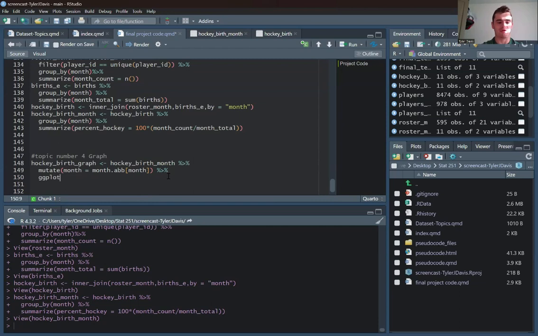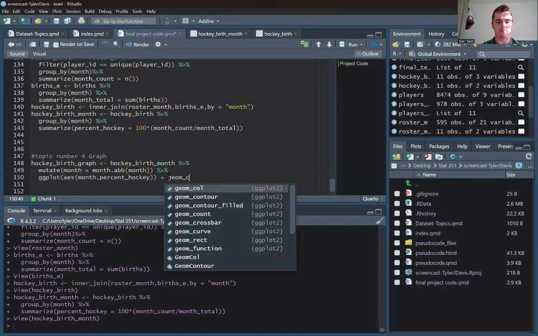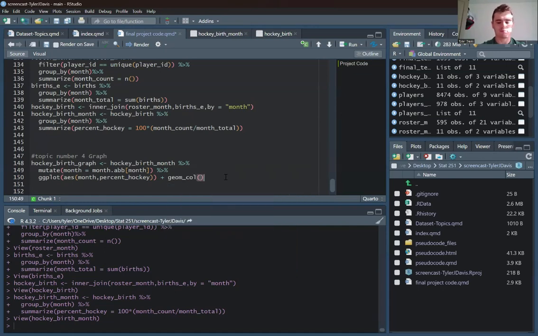Now, what I'm going to do is start graphing this. And I'm going to get in here, yes. I'm going to use month, and then by percent hockey. And I'm actually going to use a column graph here, or a bar graph. And yet again, I'm going to add all my titles in because I think titles are key. What should this be? Okay. Percent. This is going to be a long title of